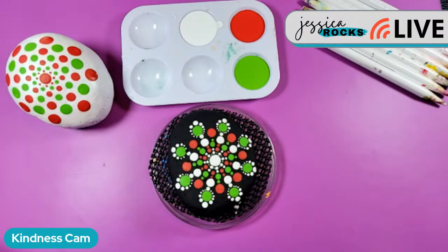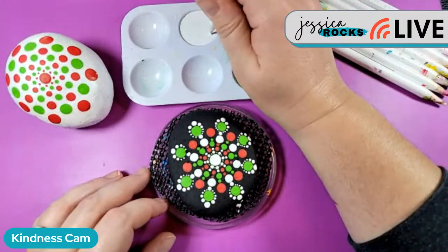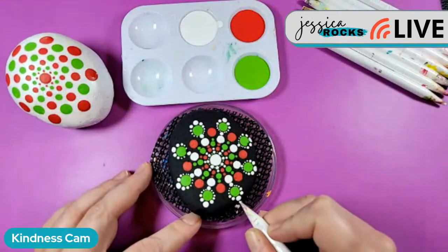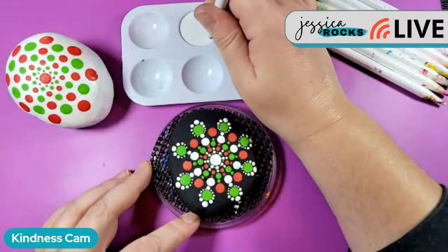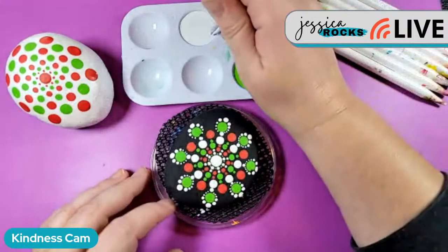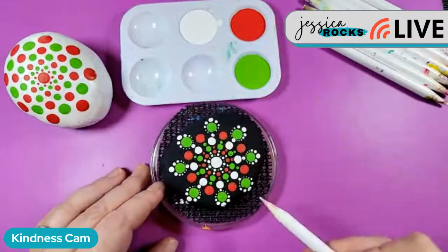I don't think that the fact that someone else sells rocks negates the fact that I can be kind by leaving them out for free, right? Like, it doesn't change that fact. And I think everybody I know that actually does sell them also leaves ones out as kindness rocks. So they're doing both. Everybody that I know anyway. And I know I don't know everybody, but